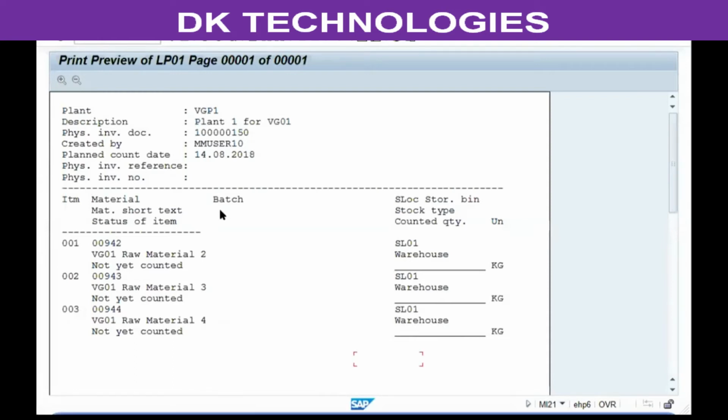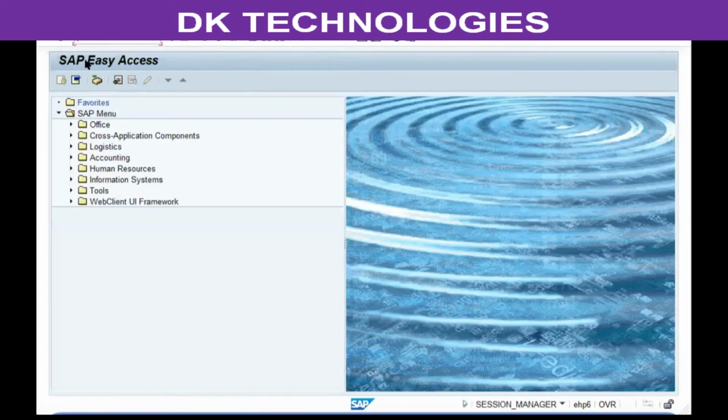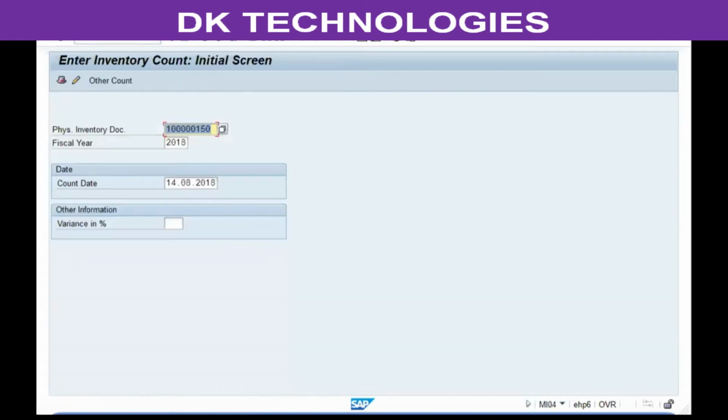This is a standard layout in the SAP system. If the company requires a different layout or wants to show some additional data, we do that before the installation. So once it is printed, the people doing the physical count enter it in this document and send it back to the stores department, where the stores people have to make an entry in the system of the counted quantity. So again, you go to MI04, enter the document number, the counted date, and